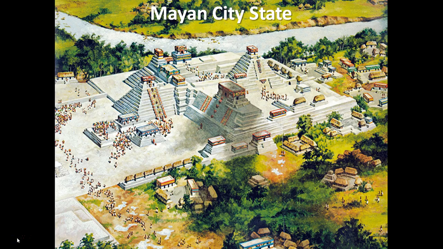In this artist's reconstruction of a Mayan city-state, the site of Copan in Honduras, we see the center, which has the monumental construction that is used to validate the power and authority of the ruling elite. These pyramids support temples to the gods and the ancestors and often contain tombs of the earlier rulers of the kingdom within them. We see a large square that can be used as a market there on the far left